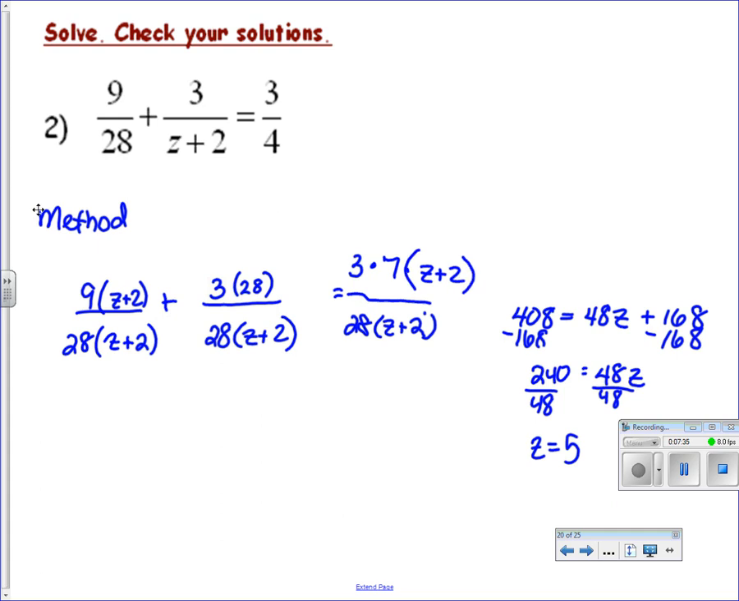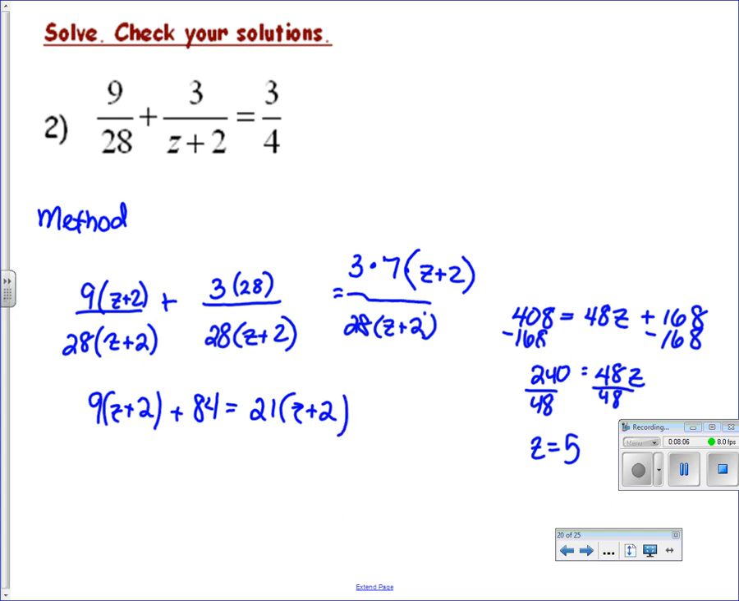And so what's kind of cool is what happens when you add fractions with the same denominator. So what if I do like 3/4 plus 1/4? What happens to the denominator? Nothing. It stays the same. So the second way says, don't worry about the denominator. Who wants to do that much work? Forget it. So 9z plus 2 plus the same thing we had before, 84, is equal to